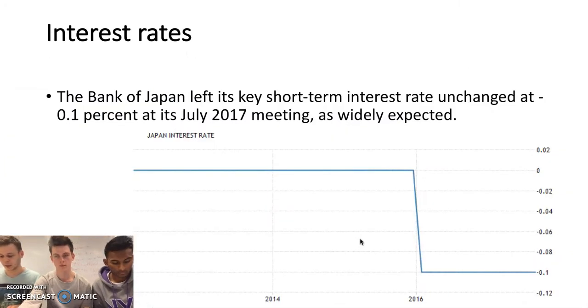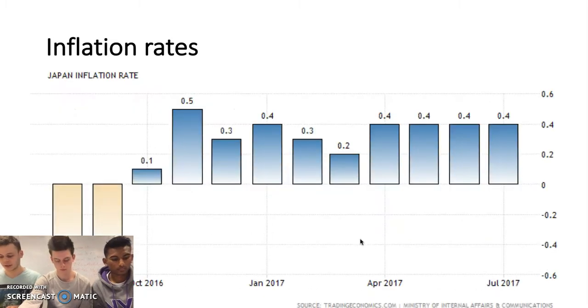Interest rates in Japan have been stable for years. In 2016, they fell from 0% to negative 0.1%, making it an undesirable destination for foreign investment into the money market. This has weakened the value of the Japanese yen. Over the past 9 quarters, inflation rates in Japan have been stable and at a desirable level. These are currently at 1.6% per annum, as posted by Trading Economics.